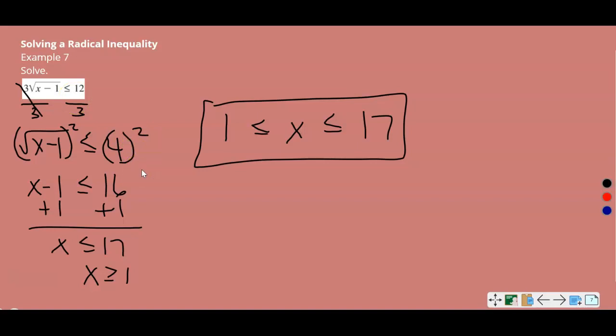You won't see radical inequalities that much, and so it's a little bit different. But just be aware, whatever is under the radical sign, to get this second piece here, you can set that equal to 0, and you get that number here. So x minus 1 equals 0, and then add 1 to both sides, and you get 1. So basically, whatever will make that 0, it has to be above that again, just because it's a radical equation. It's a square root